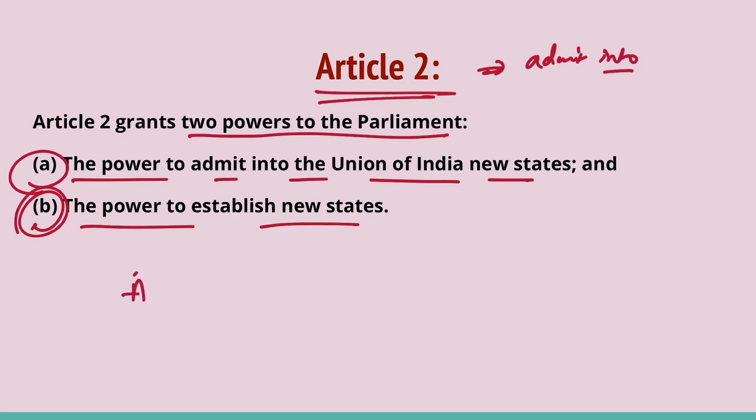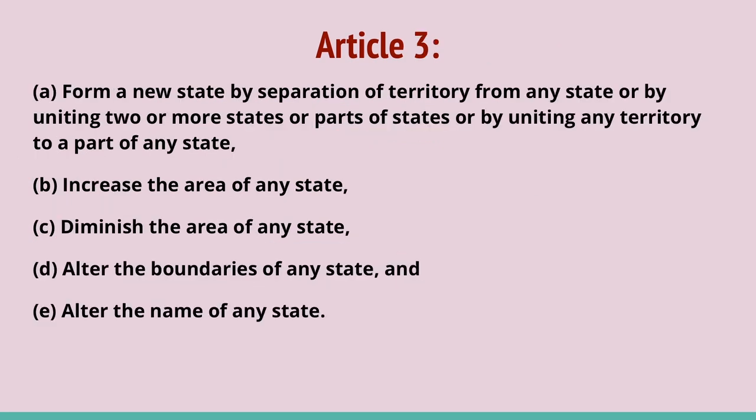Article 2 relates to the admission or establishment of new states that are not a part of the Union of India. Article 3 authorizes the Parliament to reorganize the states. It authorizes the Parliament to form a new state by separation of territory from any state, or by uniting two or more states or parts of states, or by uniting any territory to a part of